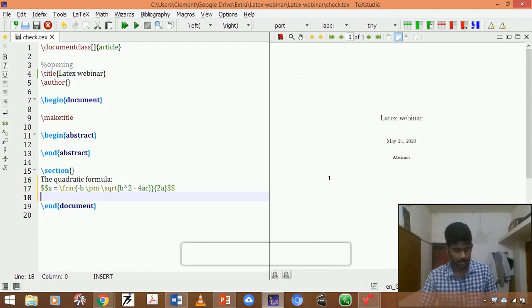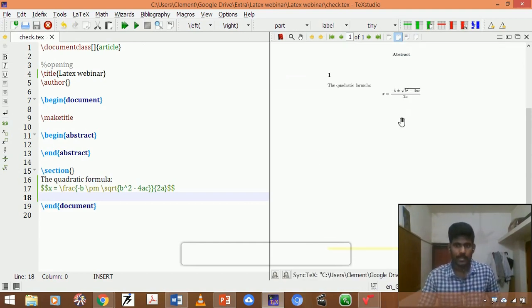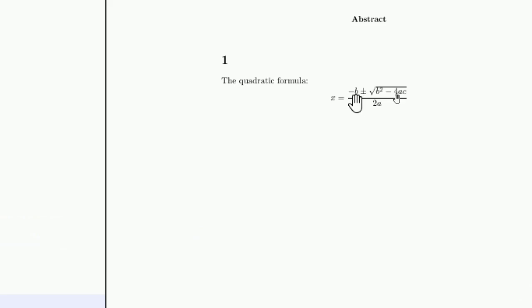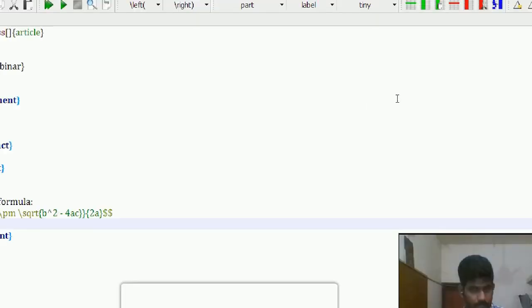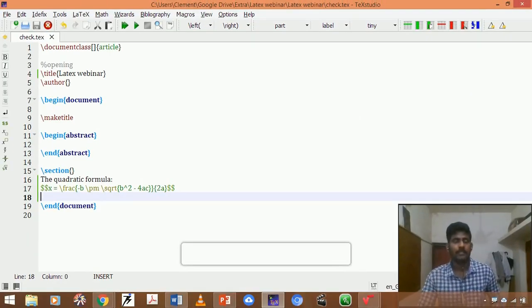Okay, so if you compile it, you could see the output of the text whatever I have pasted there. Fine. Here there was already a title.